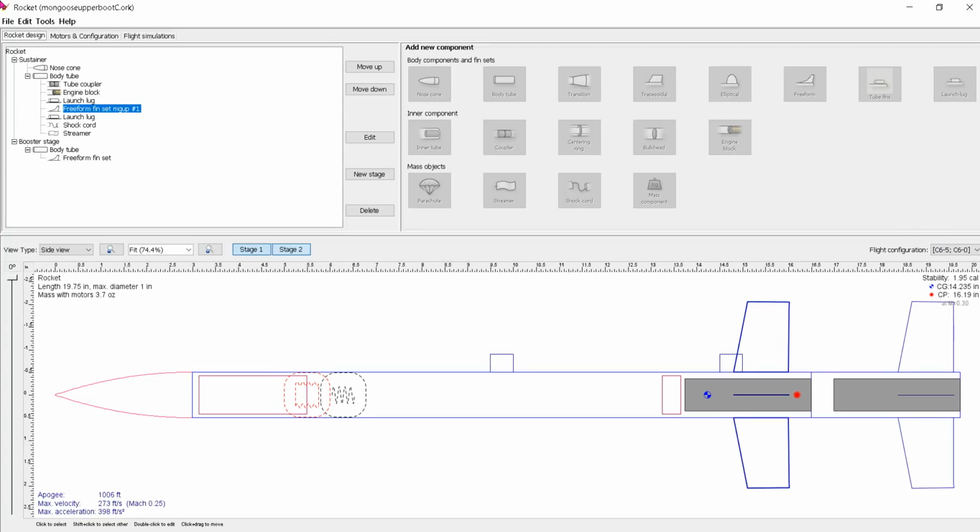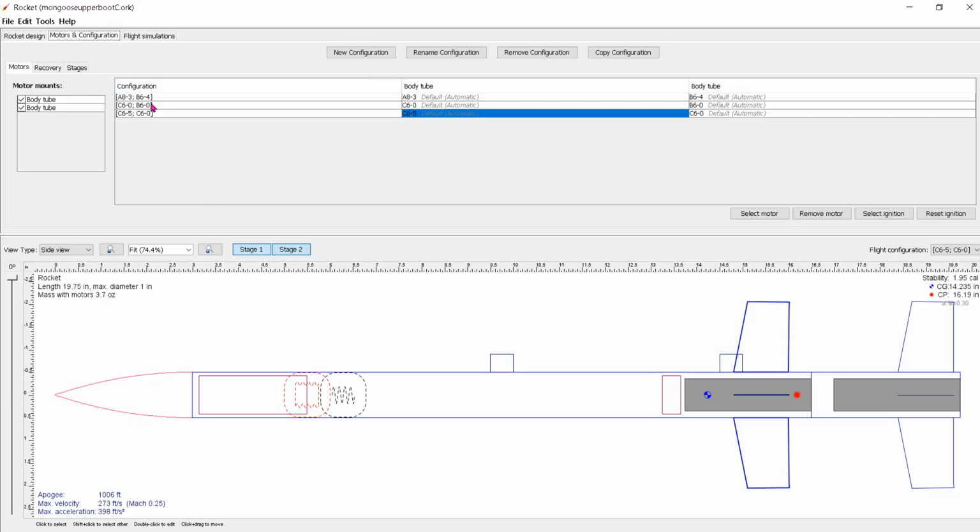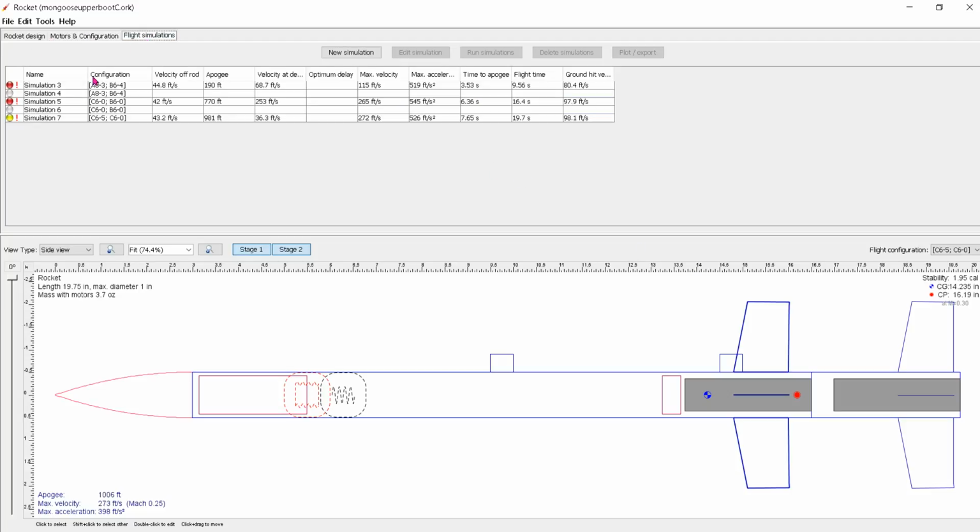For your engines, again, we go here and notice I put in all three. So we were shooting a B booster with an A first, a B booster with a C. And then we have a C booster and a C first stage for your maximum altitude. So again, you can run all these different simulations. And so when we run them, let's see what we get. Simulation 7, and it's giving me some warnings because basically I'm going so fast when I pop the chute. It's technically not really good. So we've done all that. Let's go to our